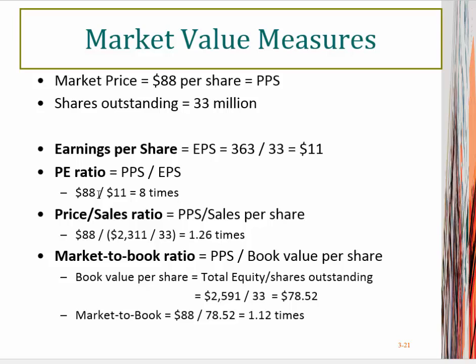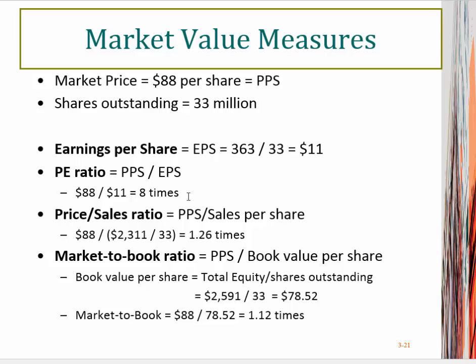The PE ratio measures how optimistic investors are about the company. So in this case, the PE ratio is the market price divided by earnings per share. $88 divided by the earnings per share of 11 means that the PE ratio is 8. So what I will tell you is that historically the S&P 500 is between 12 and 20. So just from that piece of information, we might be able to